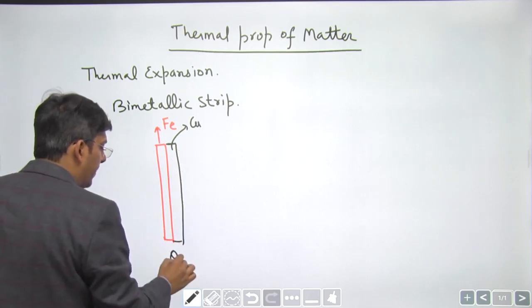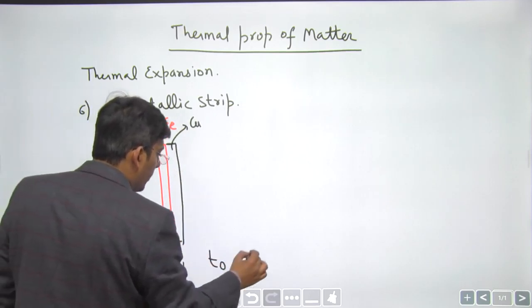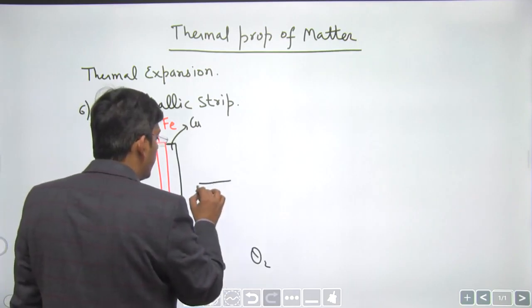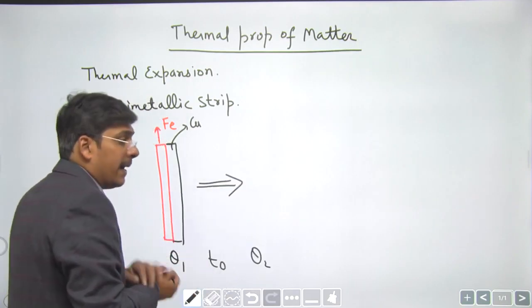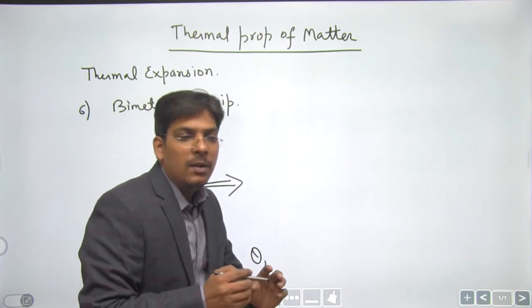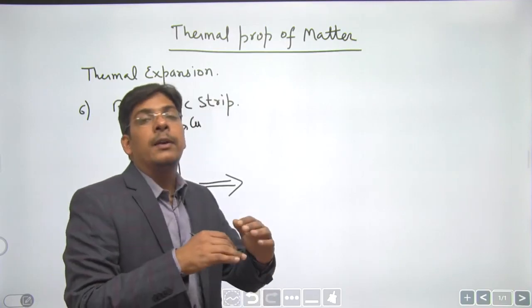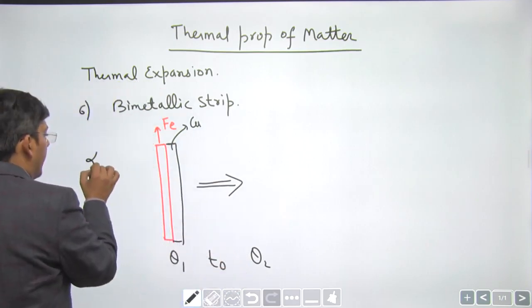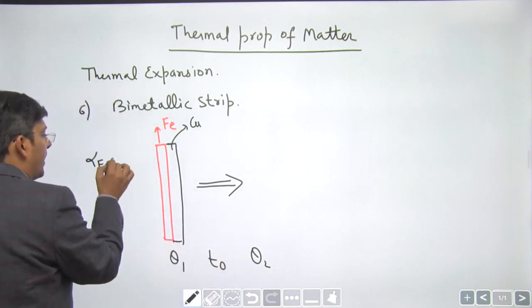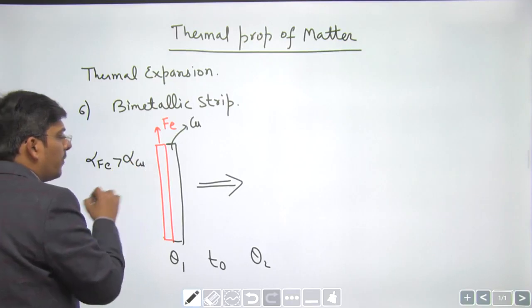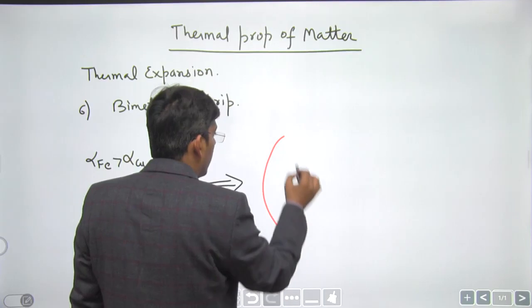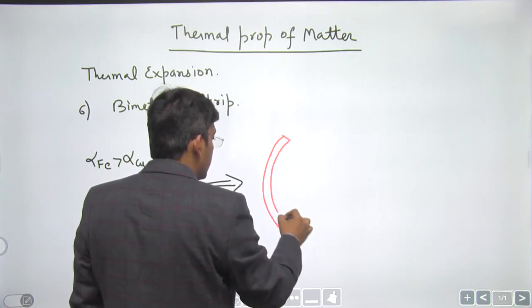If you change the temperature from say theta 1 to theta 2, you heat them, then this bimetallic strip, dear students, bends. How will it bend? See, it will bend with the metal having greater value of alpha on the convex side. Suppose alpha of iron is greater than alpha of copper. So when you heat the rod, you will see a change in shape of the rod,